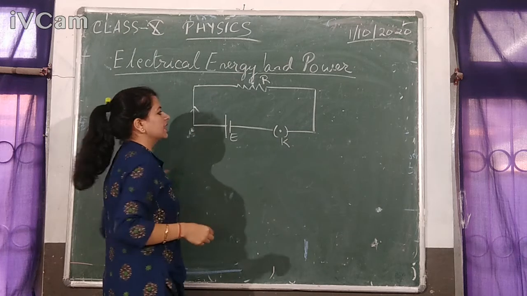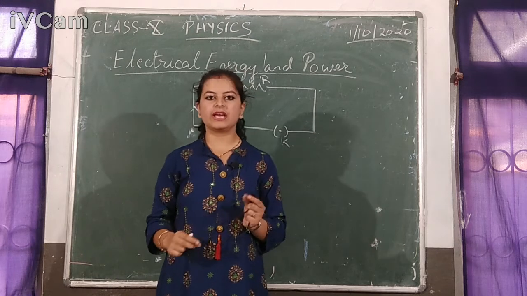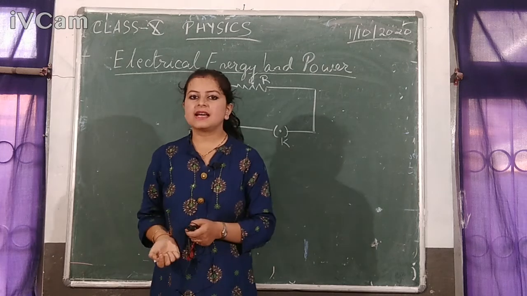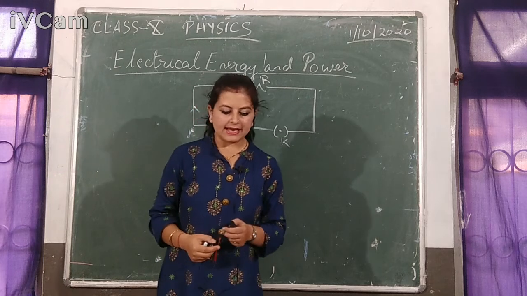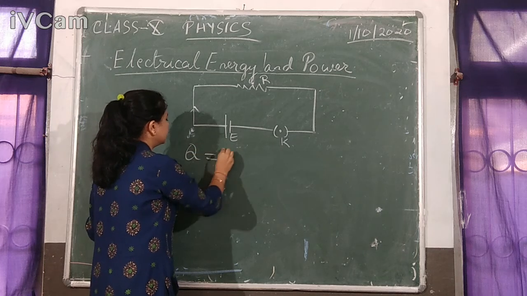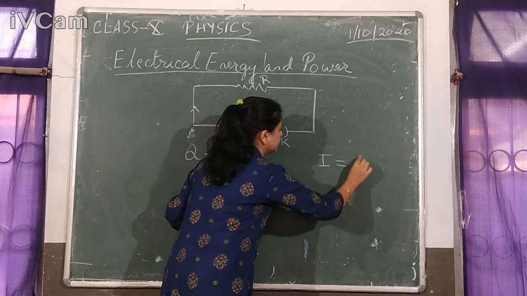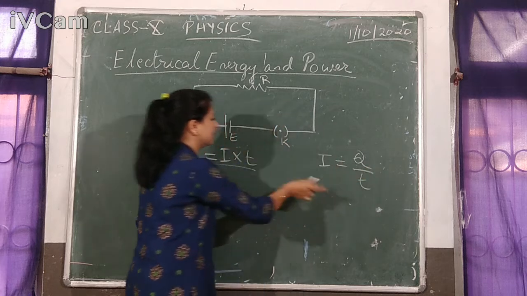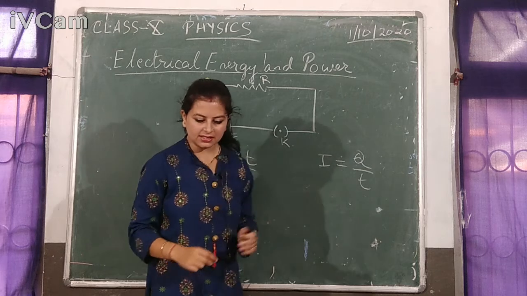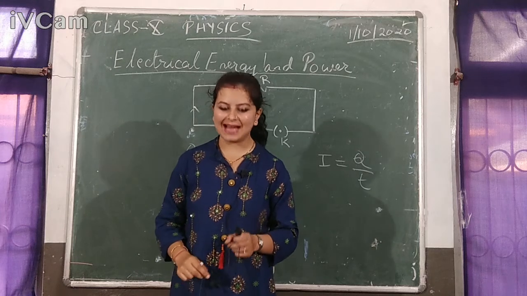Now on passing electrical current to this circuit, a certain amount of work will be done, okay? And when you pass this electric current, actually it is the charges that are moving inside the conductor, right? And the charges moved in a certain time interval t, charge is given by Q, it is equal to I into T. Where did this come from? It came from the definition of current, which was charge divided by T. On cross multiplying, you get charge is equal to current multiplied by time. So this is the amount of charge passed in time t due to the current I.